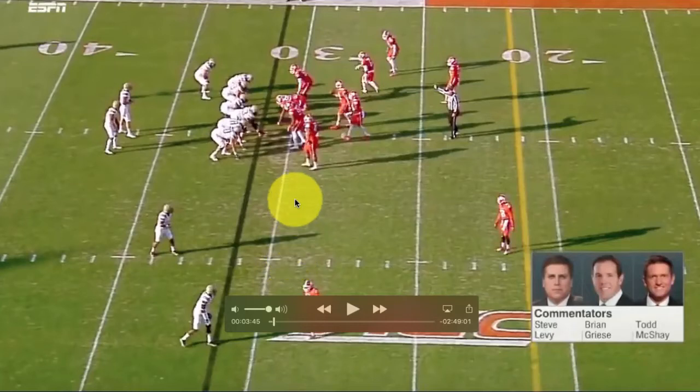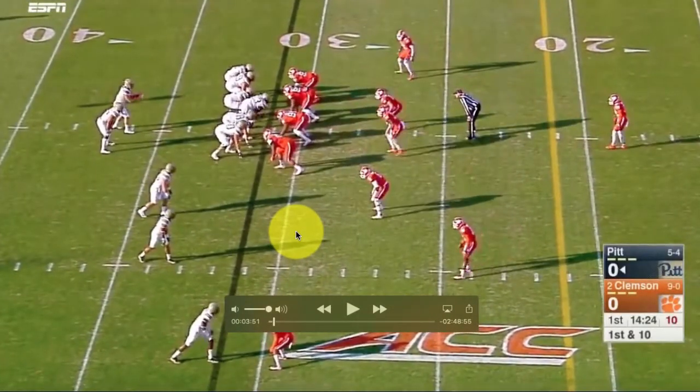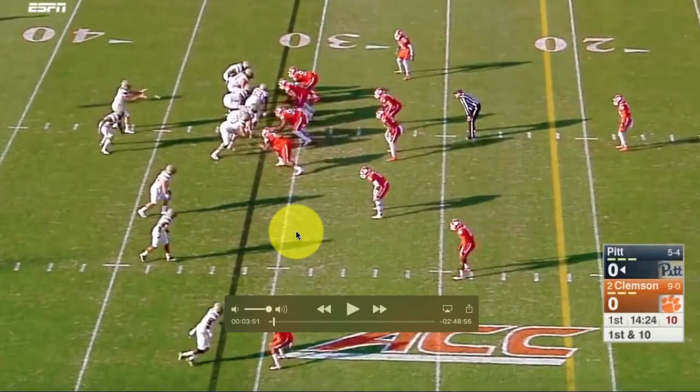Hey coaches, so this play of the week number 2 is from the Pittsburgh versus Clemson game in 2016. This is early on in the game. Pitt has the ball. Clemson's lined up in a 4-3, and they are in a cover 1, which